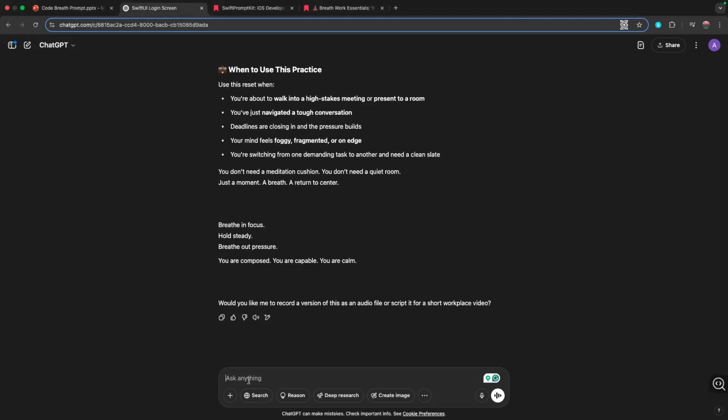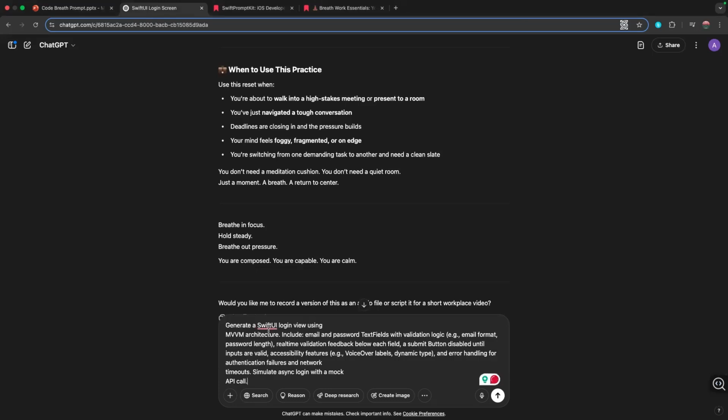So here it is. In this SwiftUI view, I have added architecture and other requirements which we mentioned, like validation and voiceover.